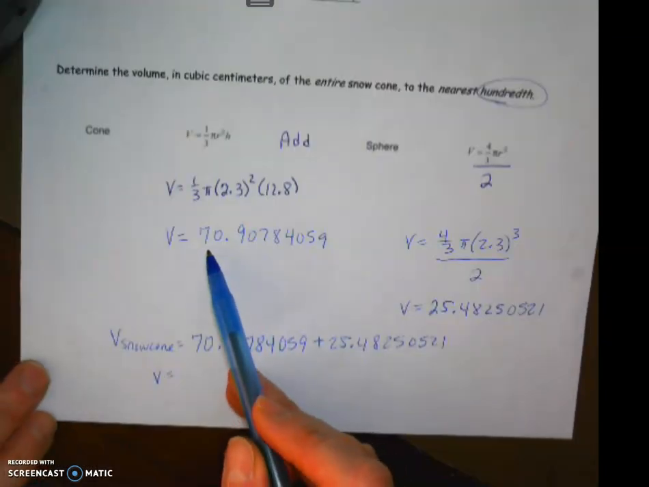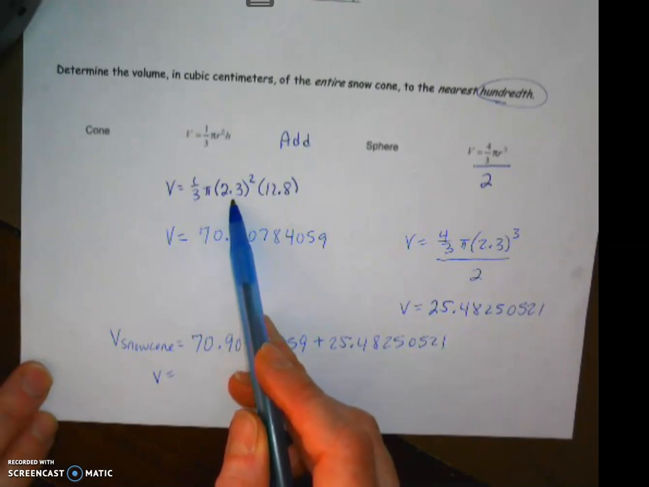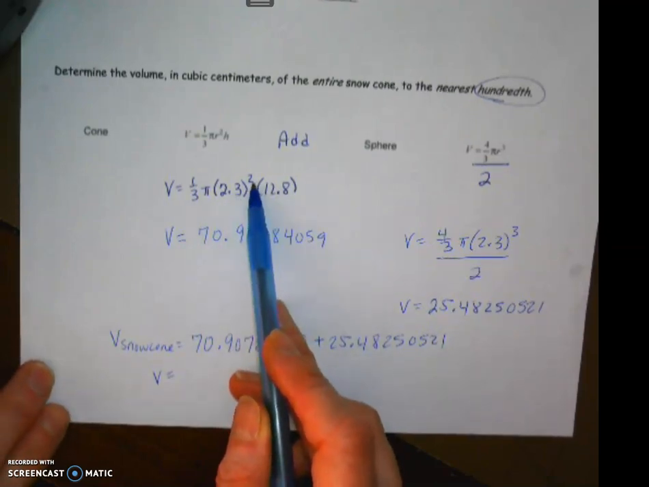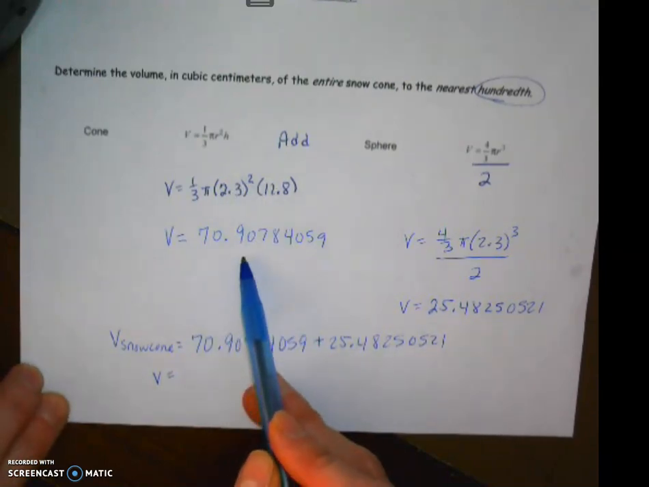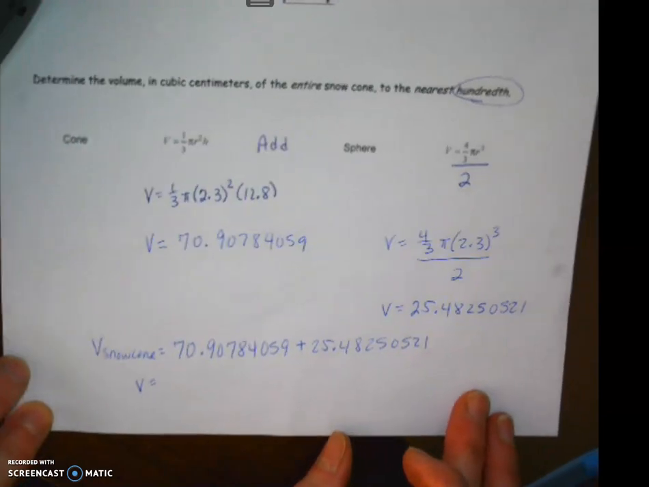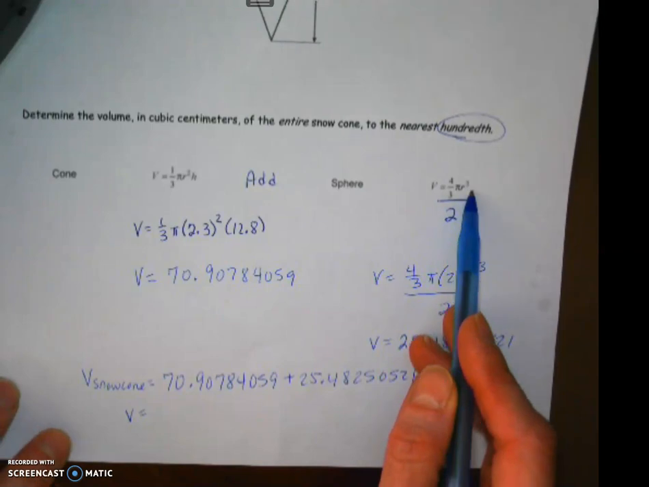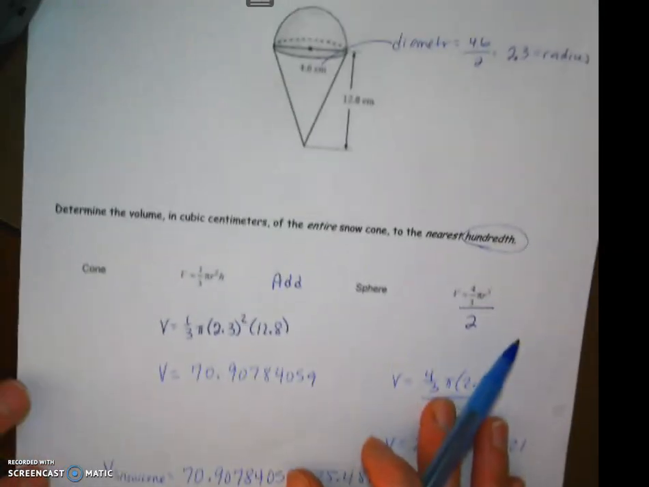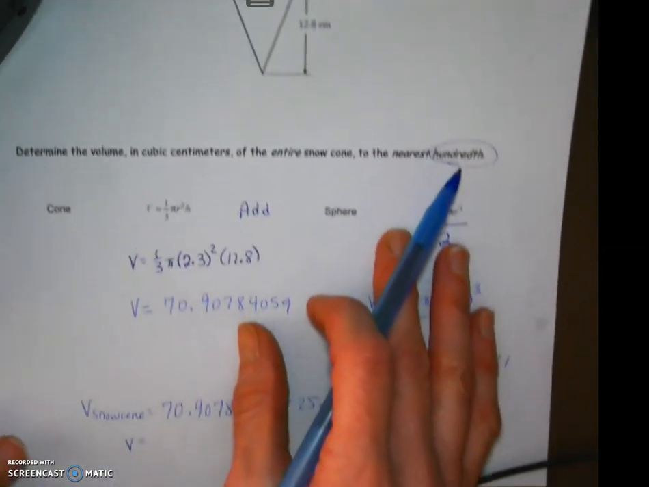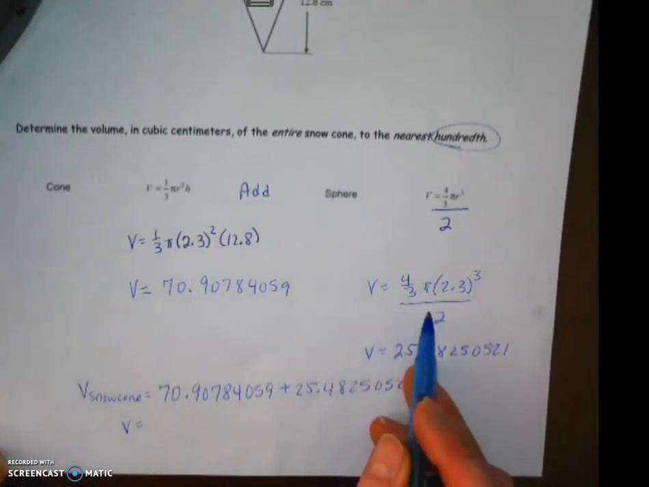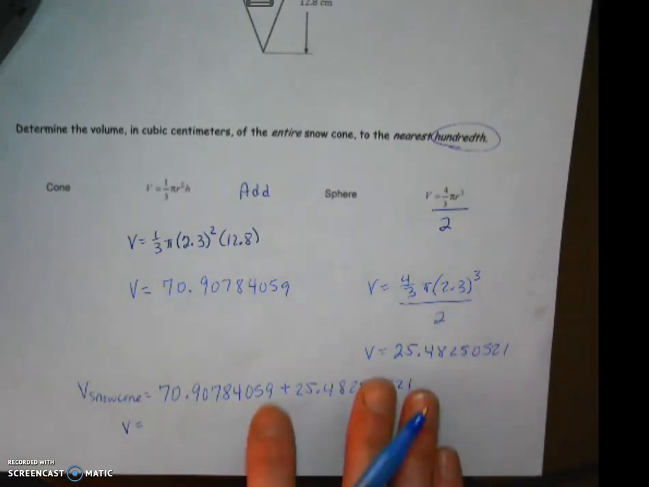Alrighty, so you should have found the volume of the cone to be 1/3 times pi times the radius, which was 2.3, we talked about that, squared, which is half of the 4.6, times the height of 12.8, which comes out to be 70.90784059. And remember, the volume of a sphere is 4/3 pi times the radius cubed, but remember, the cone on top is a hemisphere, so we're doing half of that. So the volume is 4/3 times pi times 2.3 to the 3rd power, cubed, then divided by 2, which comes out to be